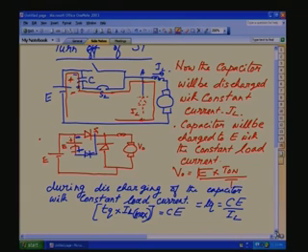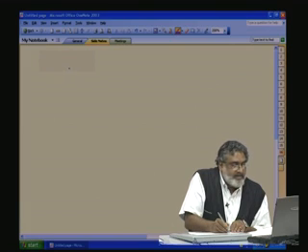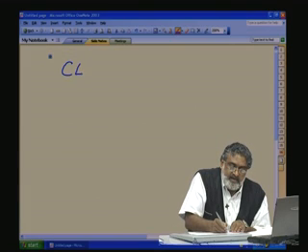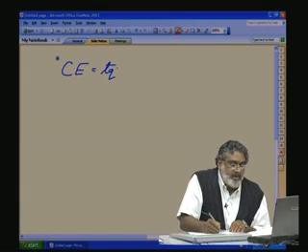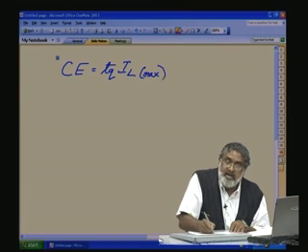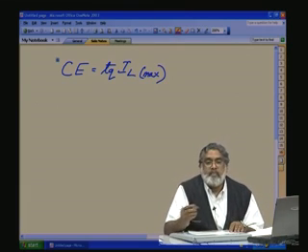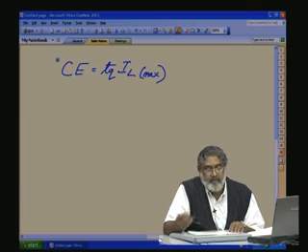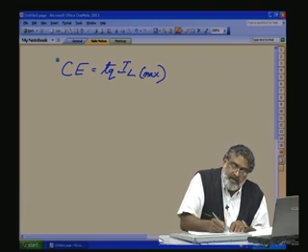CE divided by IL. So, from this one, TQ should be more than the T of minimum. Let us go to the next page so that we can make it clear. From the CE is equal to TQ, the discharge period, TQ into IL, the maximum load current. Load current can vary; we know the circuit, we know the load, so the maximum and minimum load current should be known. So, for the maximum current, this TQ should be,